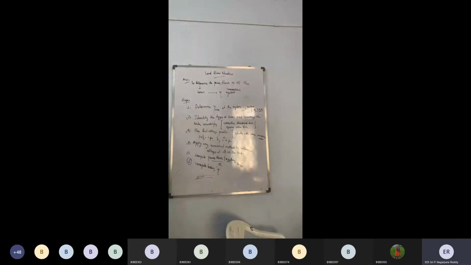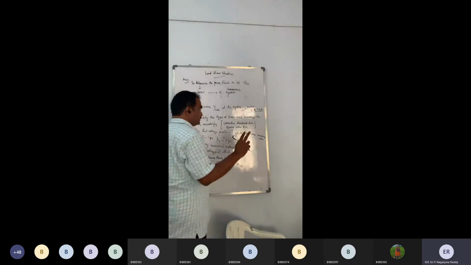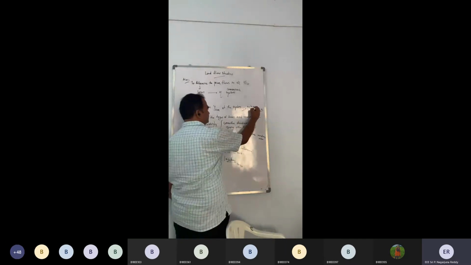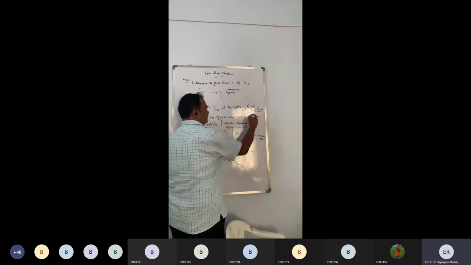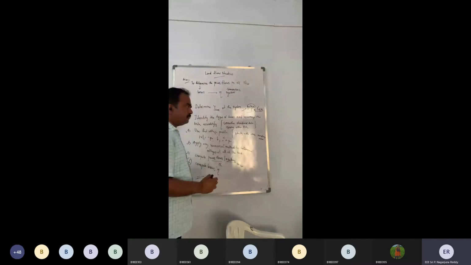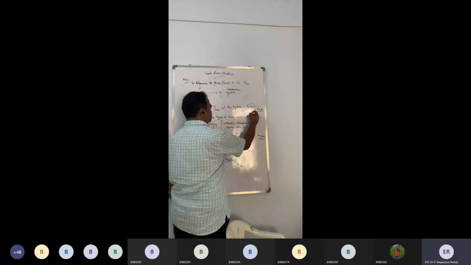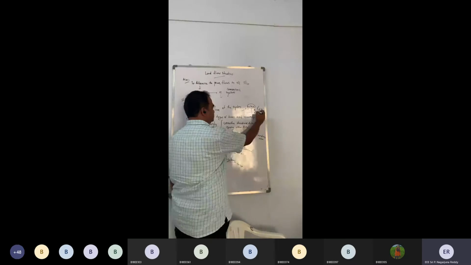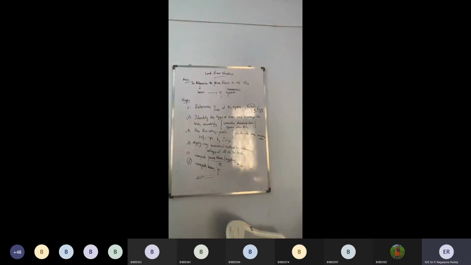Because any bus is generally characterized by 4 variables: P, Q, mod V, and delta. And they will be giving you all the data. But out of all the data, as we have seen in the last class, only 2 will be considered standard at a PV bus. What are those 2? P and mod V. If it is a load bus, which are considered standard? P and Q. If it is a slack bus, mod V and delta. So it is our job to identify the standard variables and to ignore the non-standard variables. That is our step number 2.